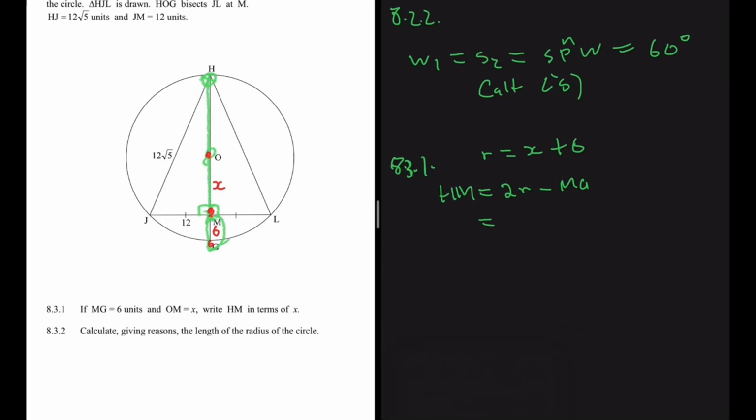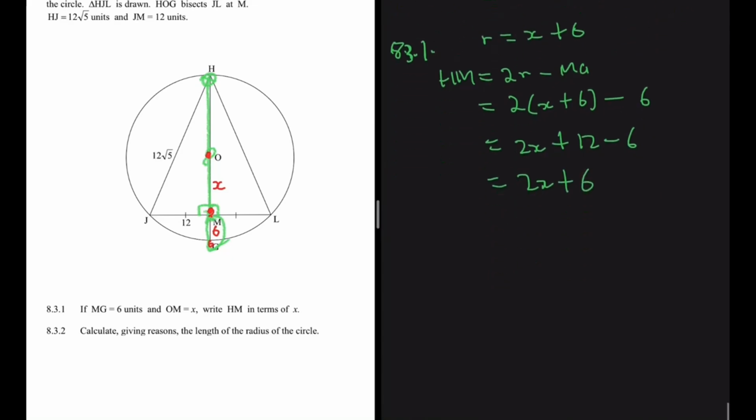So if we substitute that in place of the radius, we're going to get 2 times X plus 6, and then minus MG, which is 6, right? So that will be equal to 2X plus 2 multiplied by 6, 12 minus 6. So HM will be equal to 2X plus 6 units, right? And then now we can move to